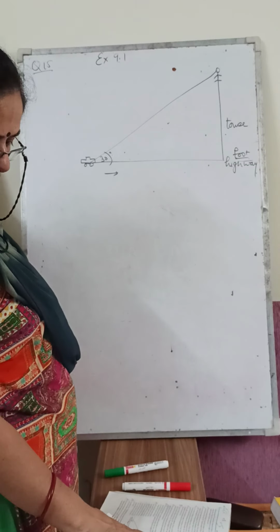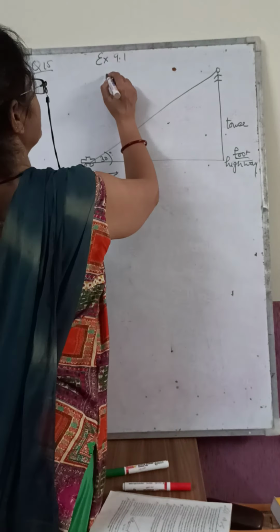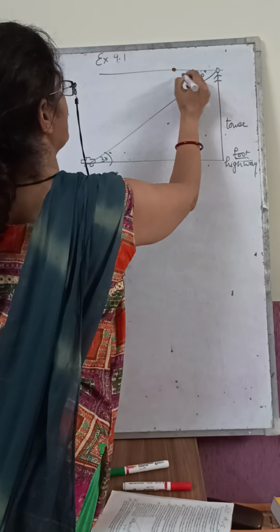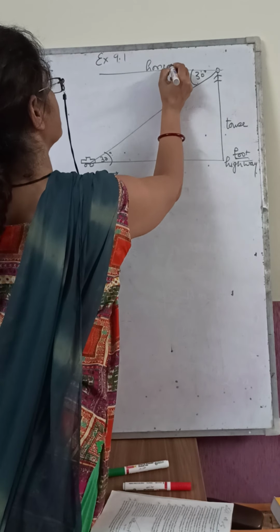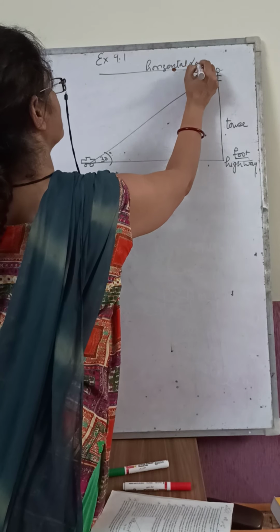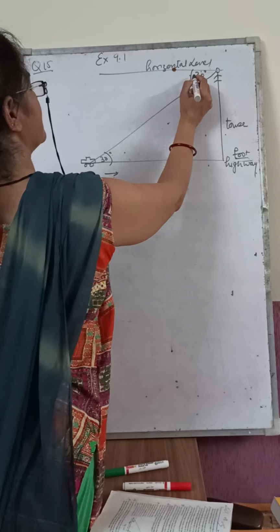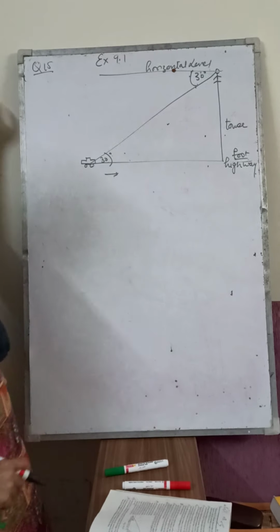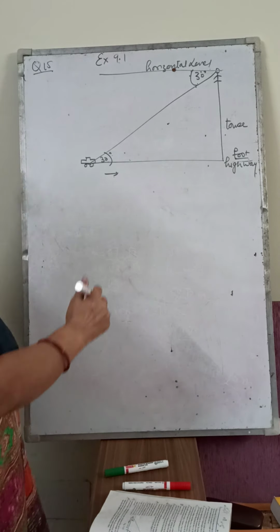Six seconds later, here this is the angle of depression, okay? So this angle, it is a horizontal level. Angle of depression 30 degree. If this angle is 30, this will also be 30 because of the alternate interior angles.